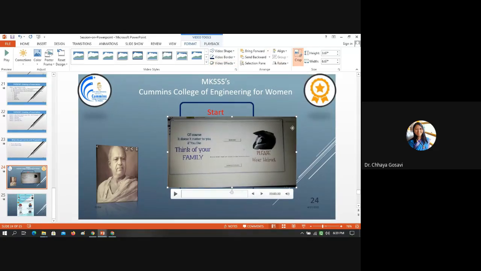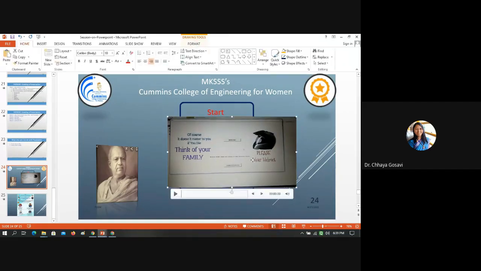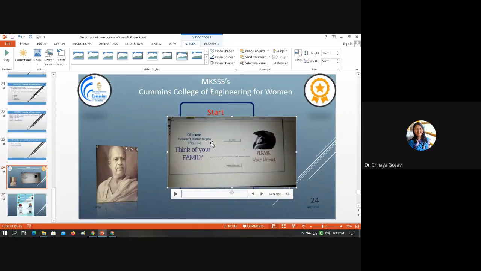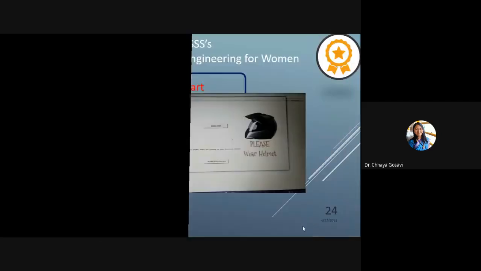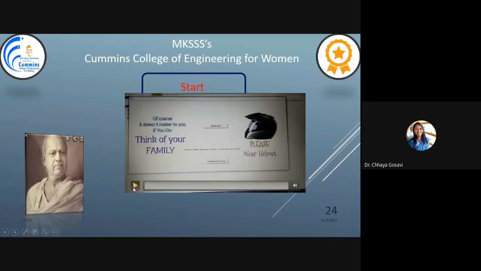Then you can crop, or you can change the height and width of the video. And while playing, you can select the number of frames per second, or whether audio should be off or on. So if I play this video,